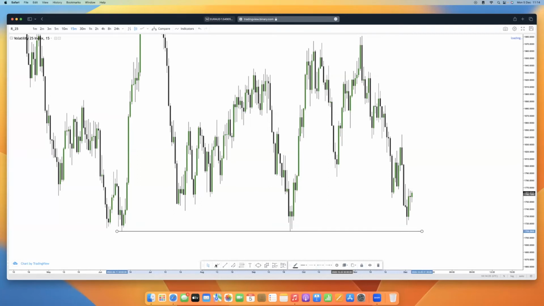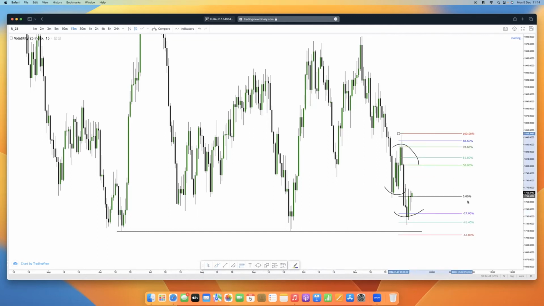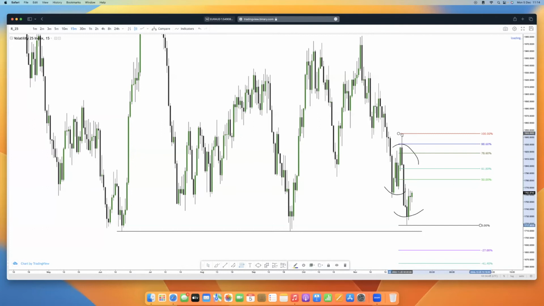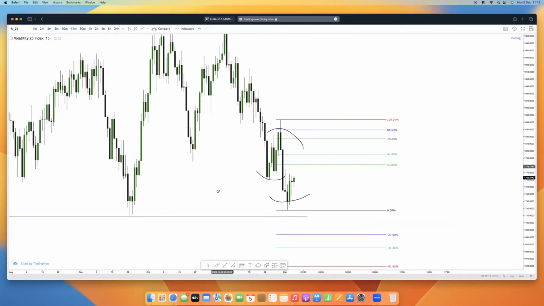In terms of the range on the daily, we have this low, we have this high, and then we have this low. If you draw the fib from the swing high to the low, in this area we want to be selling at premium. Any area above 50% is premium for me. I can see we have this big imbalance in this area above 50%, lining up with this mitigation candle, which swept this liquidity and filled this imbalance. So in this area, I would be anticipating lower pricing. So very simple. What am I looking out for?